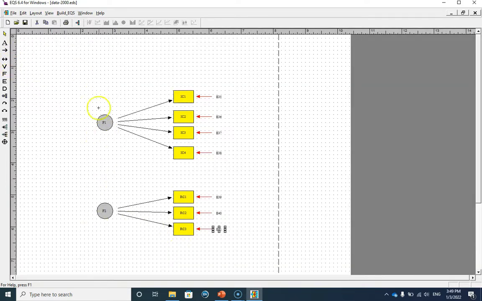Alright, now these 2 factors should be correlated. I can either use this one or this option. It makes no difference. So I just select this one. I click on the first factor, then I click on the second factor. Now,